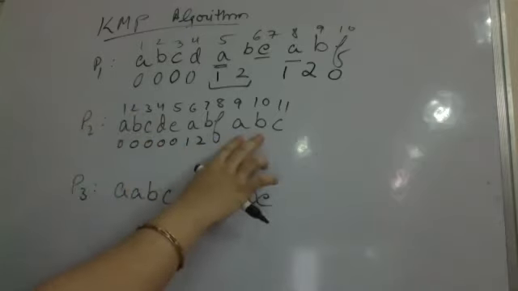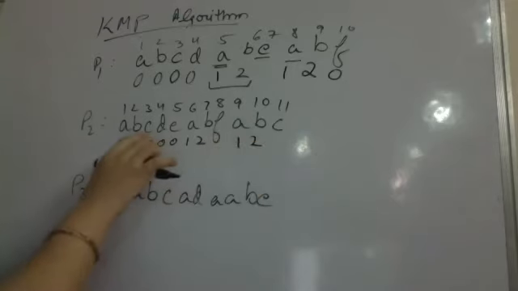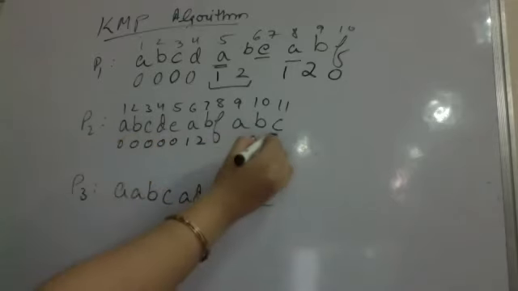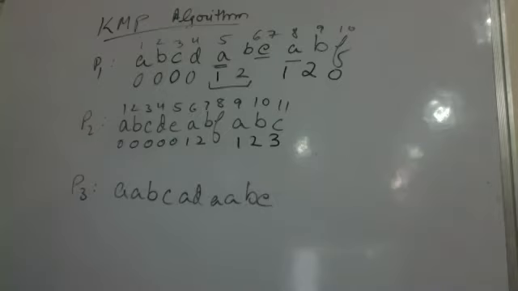The positions 1 and 2. This A, B also have occurred before. I again write 1, 2. This C has also occurred before. And I will be writing 3 here. Again, for the remaining location, F, I will be writing 0. This is how my pi table is constructed or prefix table is constructed. Longest possible prefix is what I am going to find. Longest possible prefixes, that is what I am going to find in this table. You call it by any name, pi table or LPS table, one and the same thing.